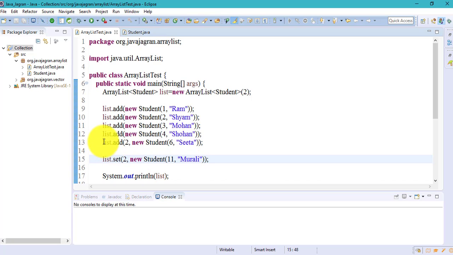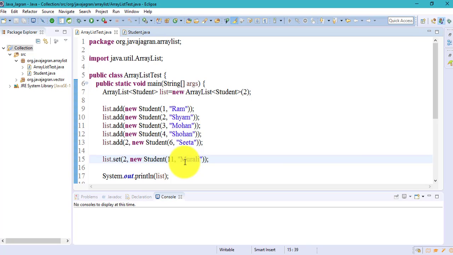See, there are two methods: the add method with two arguments, and the set method with two arguments. The difference is that add inserts the new element at the second place, the old second element becomes the third, and all the elements after that are shifted by one. But set will not insert new data at the second place. Whatever data is there, it will replace the old data with the new one.